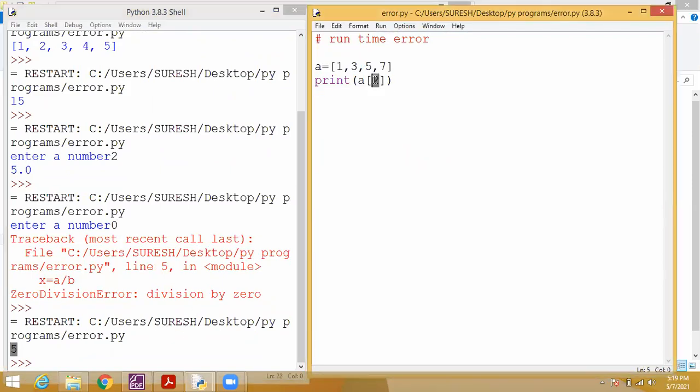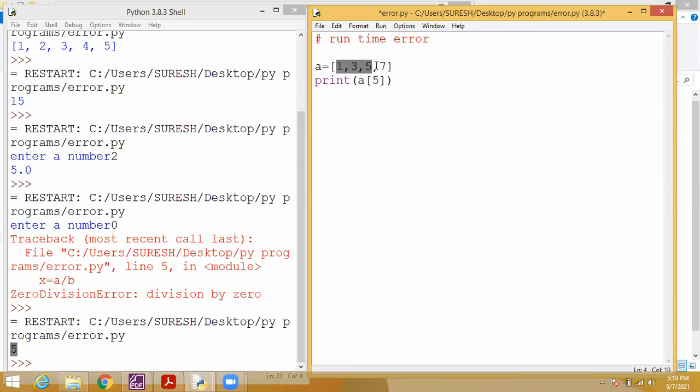So now tell me what will be the answer for this one. Students, a of 5. Sir, it will produce an error? What will be the answer? It does not exist, sir. It produces an error because this is an index we are accessing.